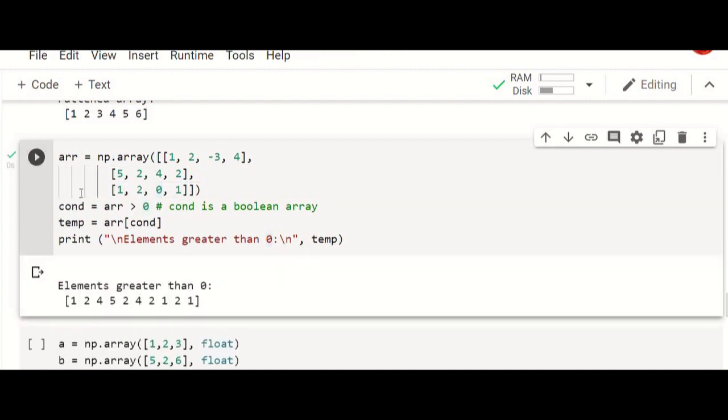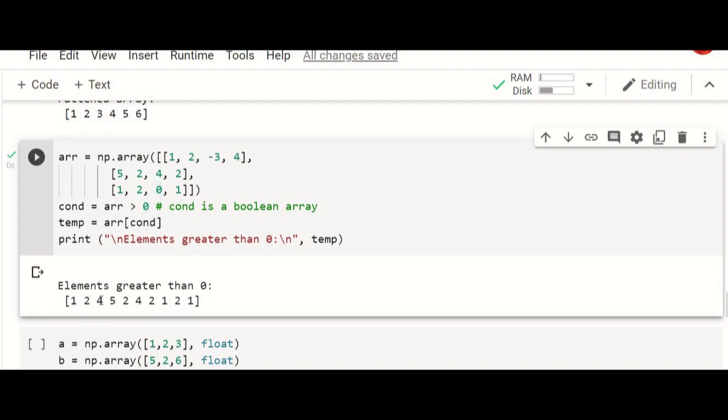So that elements itself will be taken separately, and array of condition. So the index position. So arr of this condition array will be taken, and now it will generate only the elements which are greater than 0. Now this -3 will be skipped. So we have 1, 2, 4.